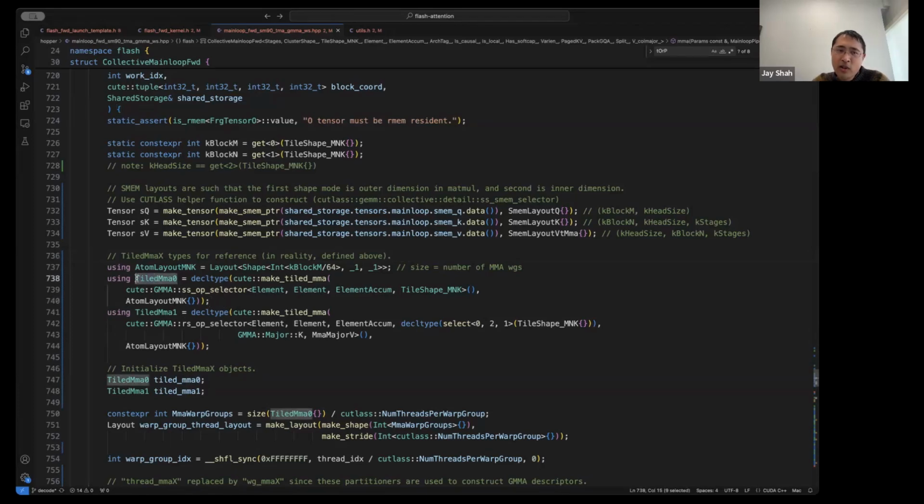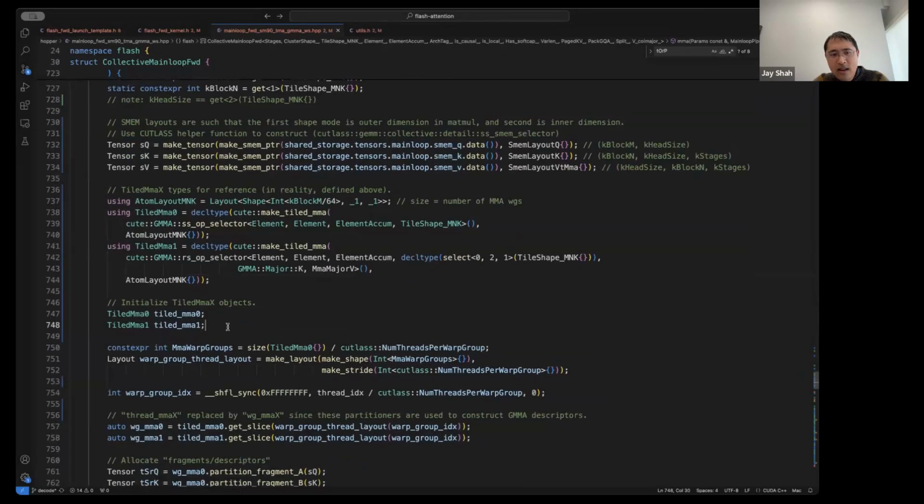This tiled MMA 0 is responsible for GEMM 0, and this tiled MMA 1 will be responsible for GEMM 1. In reality, I define these types above, outside this method, but I reproduce them here for clarity. So these are CuTe tiled MMAs, or CUTLASS tiled MMAs.